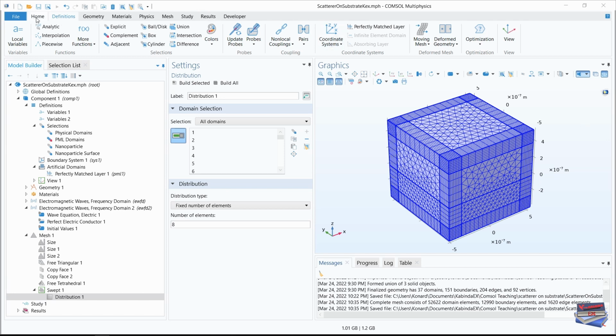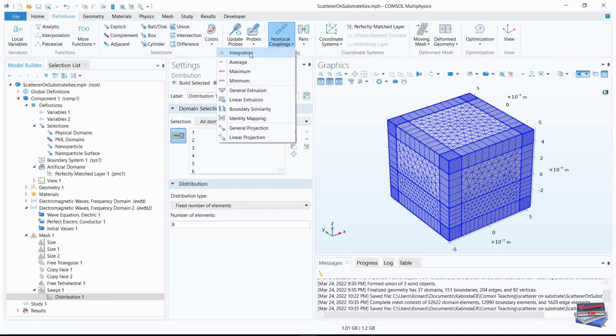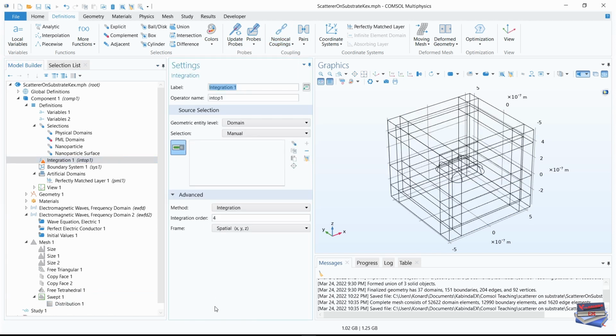If you are home or anywhere else, come to definitions right here, and let's go to non-local couplings, integration, and let's give it a name, but not for the labels, for the operator name. Let's give it that name, and for the selection, let's choose nanoparticle,